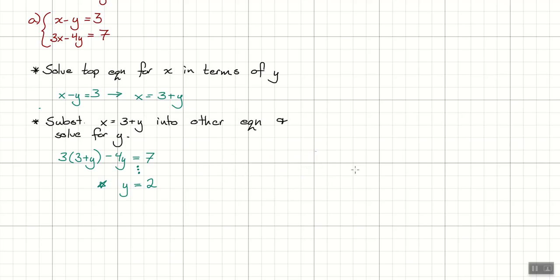Anybody have a suggestion for what we do now? Because I have half of my answer. Now I need a value for x. Now, I love these, but people get goofed up on them. We now use this result, y equals 2, and I'm going to be real specific with language. I don't normally use this, but your book presents it. I'm going to refer to this as back substitute